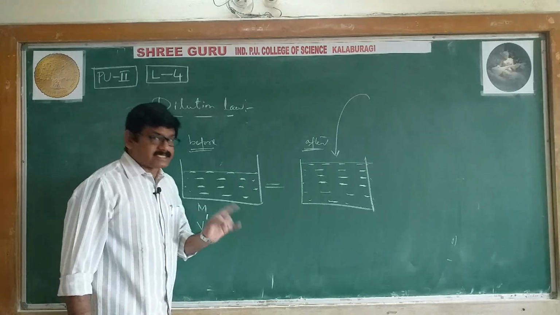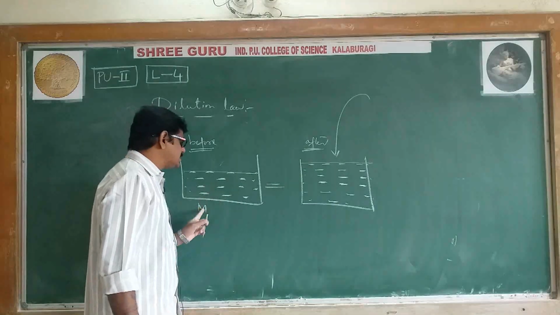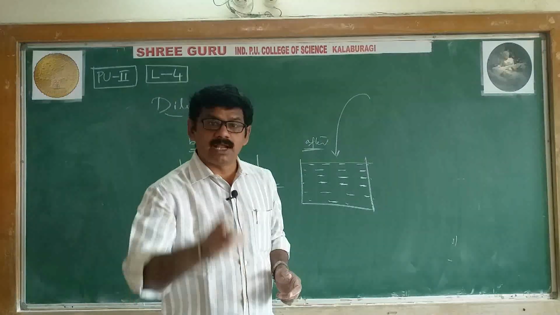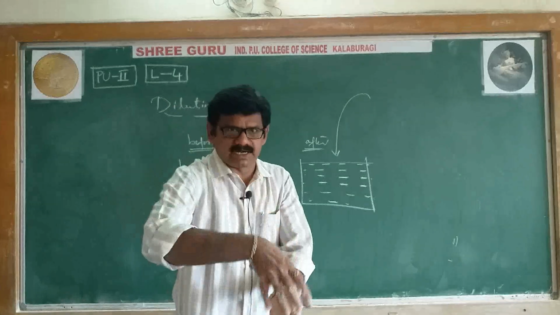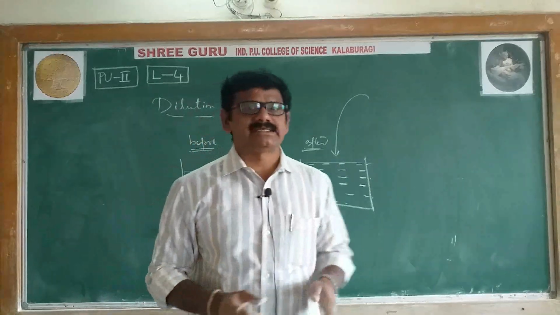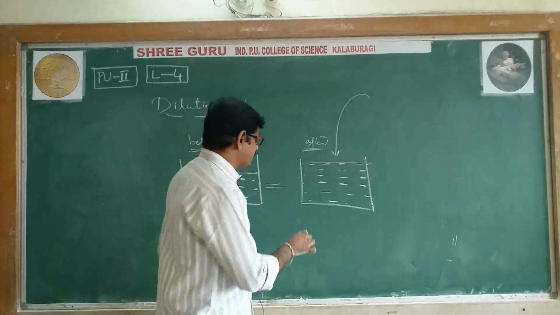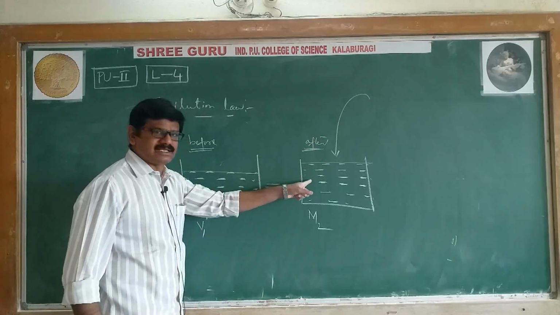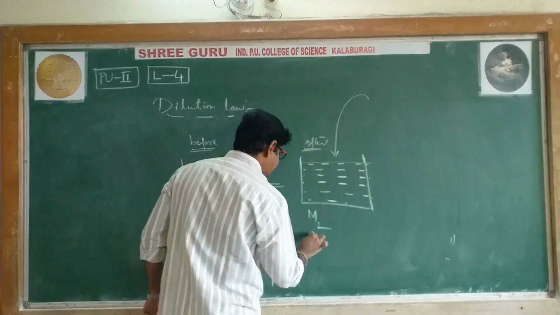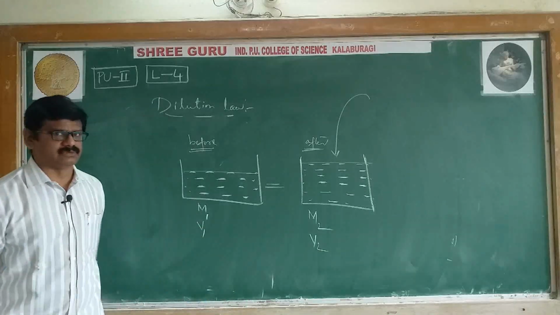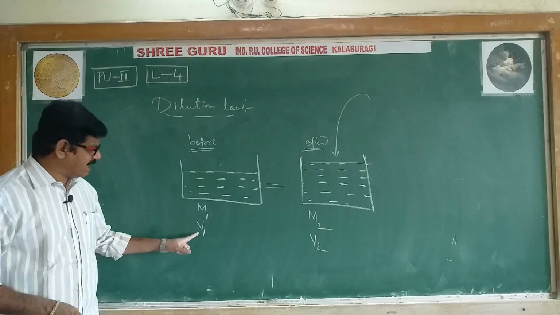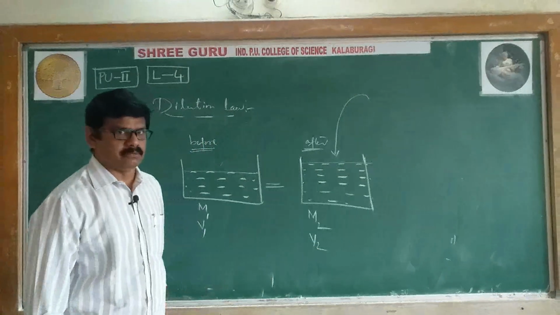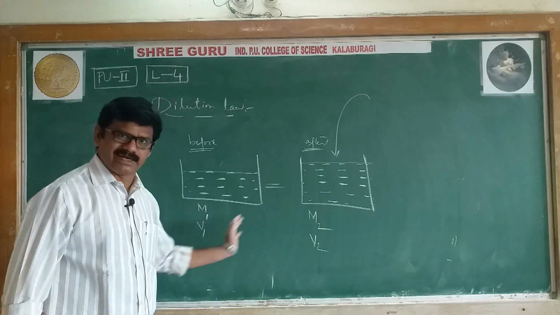That's why. And at the same time what happens? Initially molarity was M1. After addition of water, molarity definitely will change. Molarity will decrease. When water is added, definitely concentration decreases. Nothing but molarity decreases. That new molarity, let it be M2. At the same time, volume is also changing. A new final volume is V2. I'll repeat. M1 initial molarity, V1 initial volume. M2 final molarity, V2 final volume. Definitely both values are different from each other.